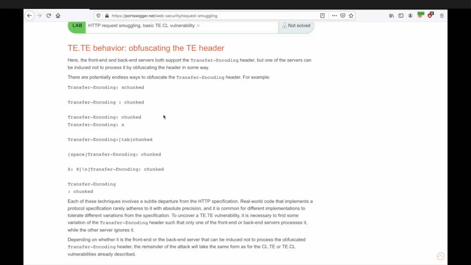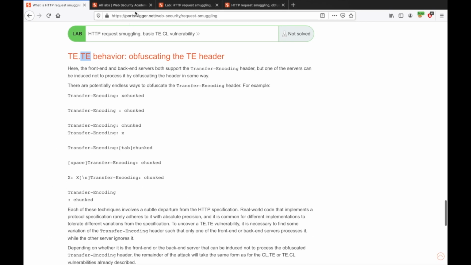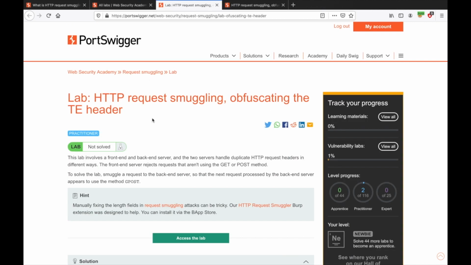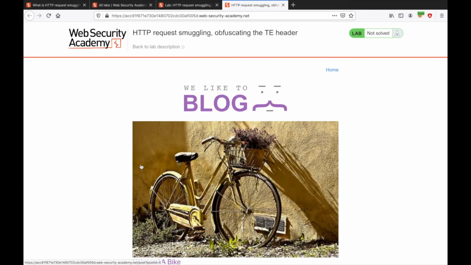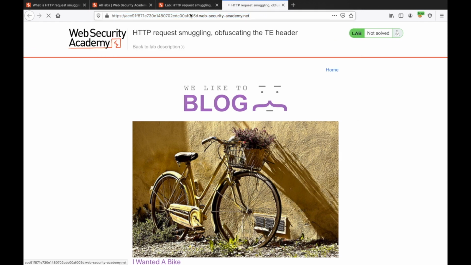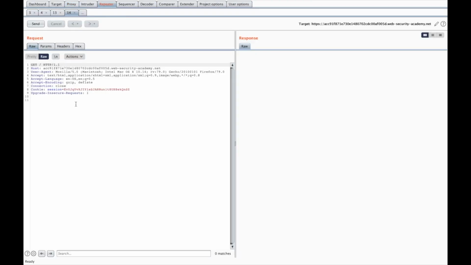In this video, we're going to see how to exploit HTTP request smuggling for TE.CL, which stands for transfer encoding in the front end and content length in the back end. So I'm using PortSwigger's lab. The third one I already fired up here, and when you go access lab, it's giving us this web page. So I'm intercepting on. I'm sending the request again, send to repeater, intercept off, and from repeater we will play